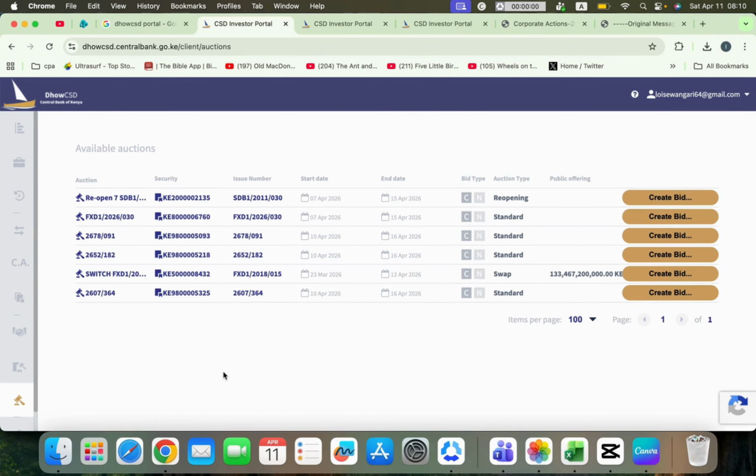When you see this called switch, it's probably where this bond was supposed to mature this year, right? But because the government does not want to strain its short-term cash flows, it gives people an option to swap or to switch into another bond that matures at a later date. Okay. But because that is not what we are here to do,